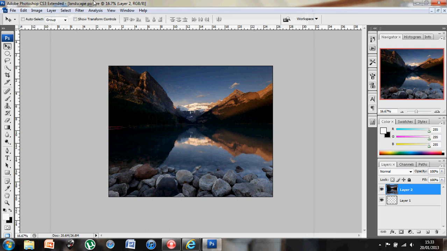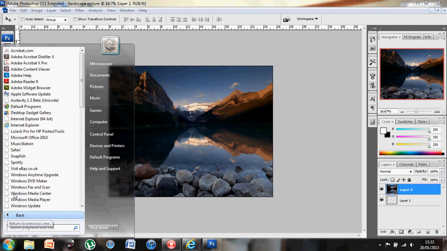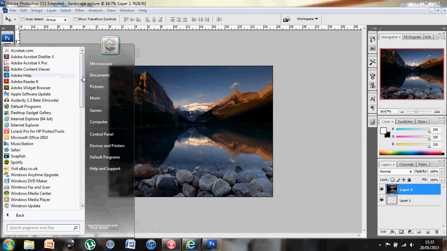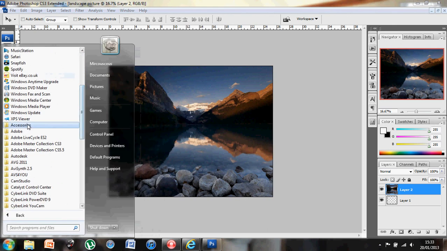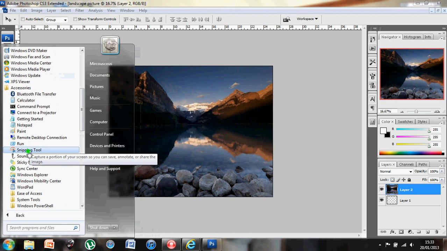Okay. If you're looking to take a screenshot or using the snipping tool, take a reference of your work within this Photoshop document, on the Start menu, under All Programs and under the Accessories folder, you will see the snipping tool. Now once I click on that,